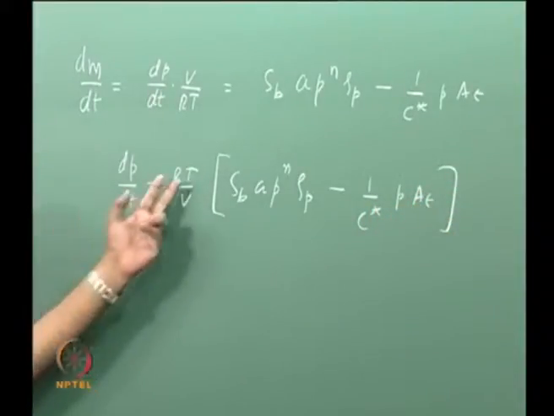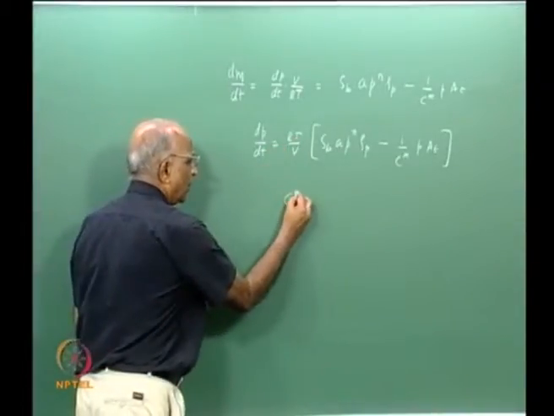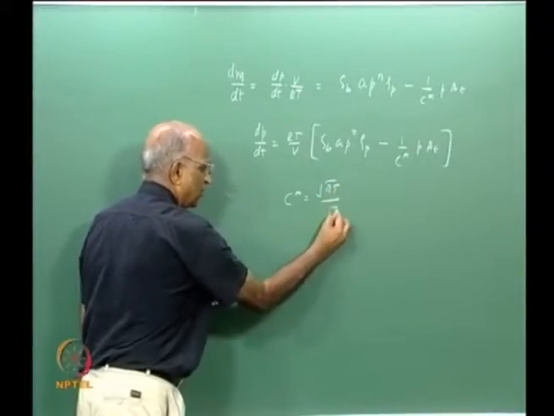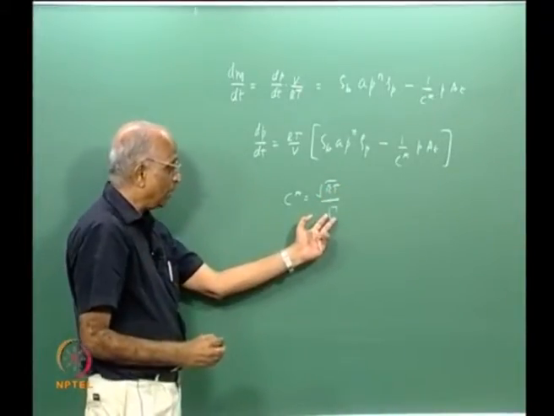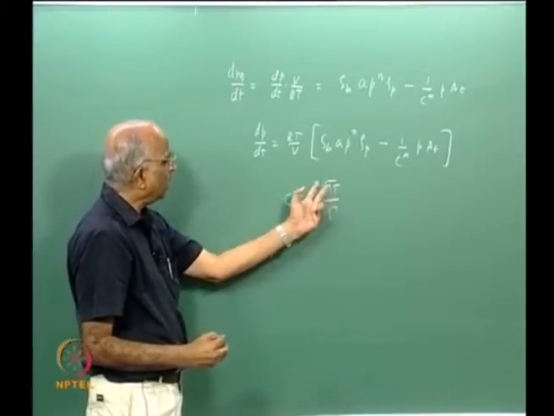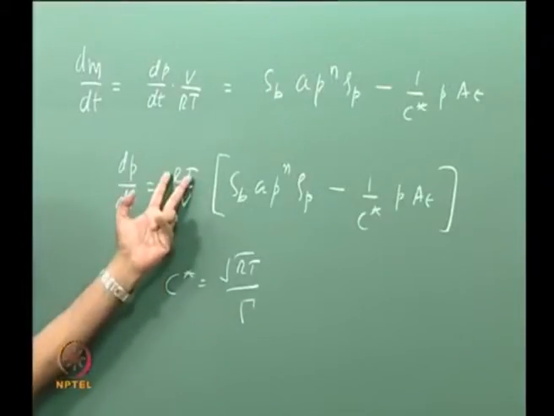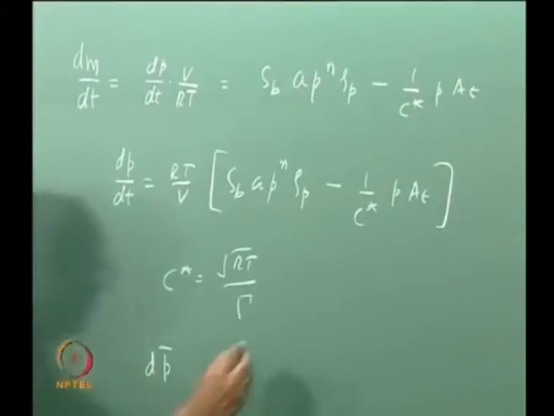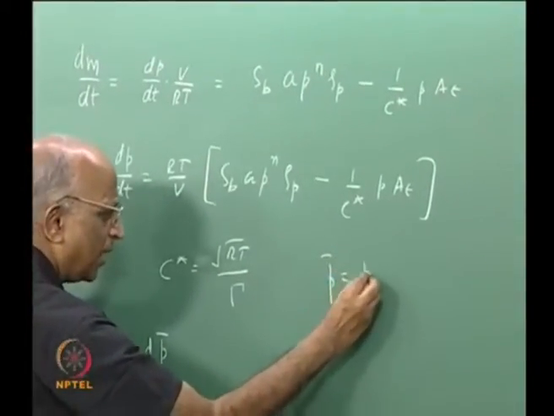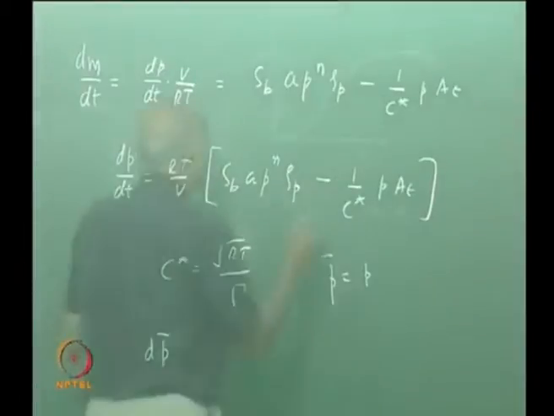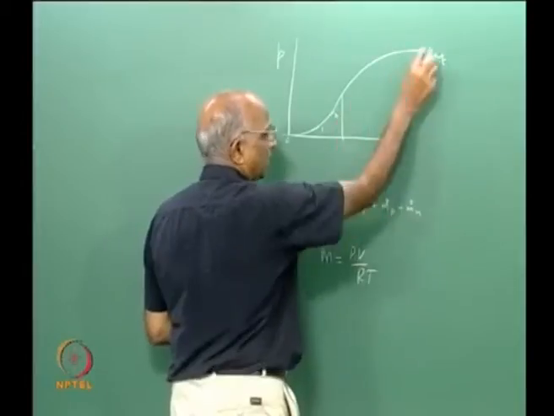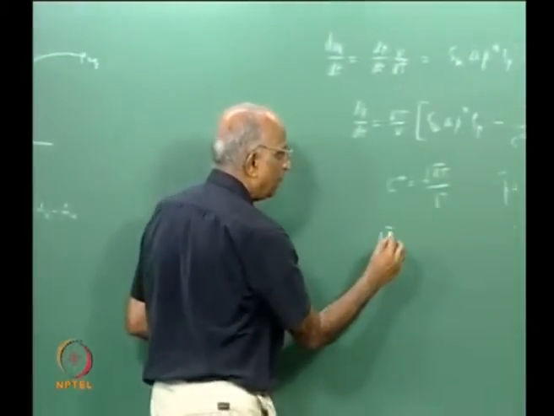And what did we do? We said C star was equal to the square root of RT by capital gamma, which was a function of the square root of small gamma into 2 over gamma plus 1. Therefore RT we were able to write in terms of gamma squared into C squared, and this particular equation we were able to get in non-dimensionalized form. How did we get P bar? We said P bar is equal to pressure at any point in time. Let us say the pressure here is P, the equilibrium pressure is the final steady state value, P by P equilibrium is P bar,